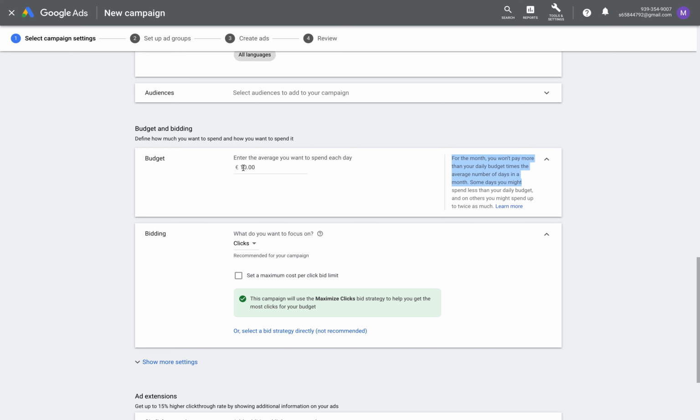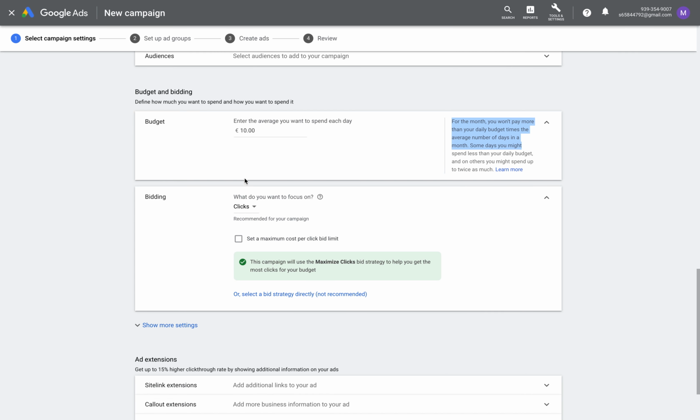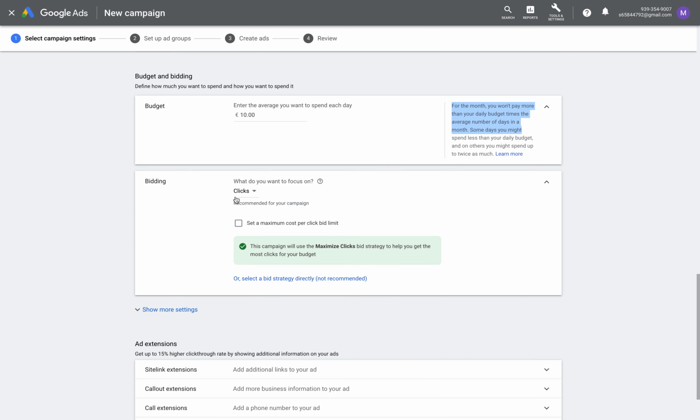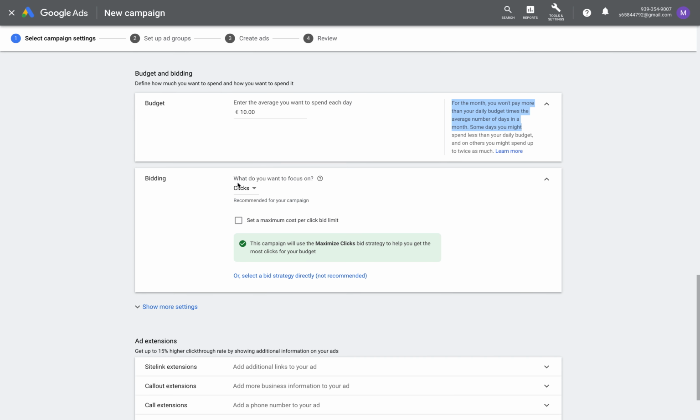What Google tries to do is average out your daily budget on a monthly basis. So for example, if I put a budget of 10 euros, Google is going to try to spend around 300 euros per month. Again, that might mean on some days it spends 12 or 13, and on other days 7 or 8. And then under bidding, this is where you decide